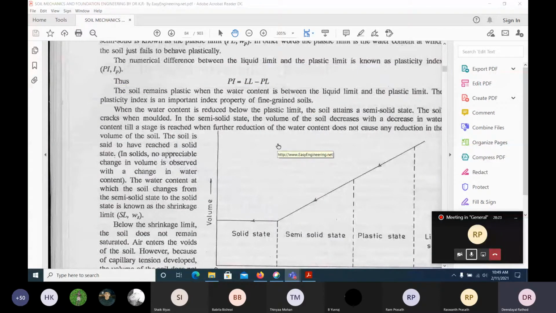And do you know that soil with the same water content may behave differently? Water content can be the same, but behavior may be different. That's the reason we are finding these limits, because some soil will absorb more water and it looks like it holds a lot of water, but it looks a little dry. But inside, if you see the diffuse double layer, the absorbed water would be very high. How will we find out? When you keep it in an oven, only then we'll realize that this particular soil is holding a lot of water.